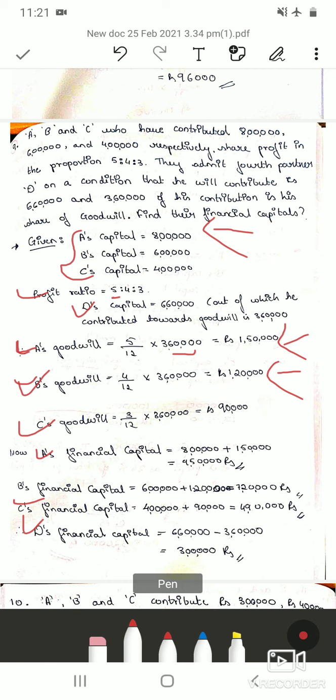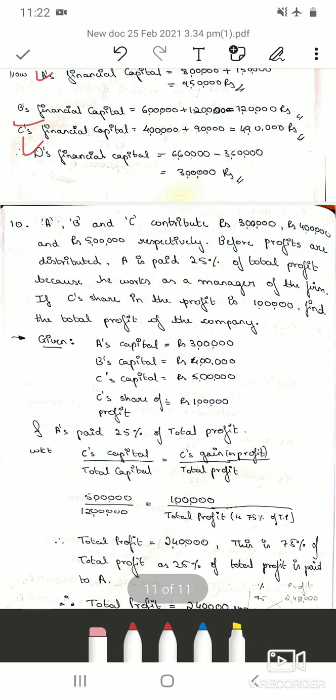So when the goodwill amount is given and the profit ratio is given, we can find out the individual partners' goodwill share, and then A's financial capital will be the capital plus the amount that they get from the goodwill, you have to add. So the 10th problem is: A, B and C contribute rupees 3 lakhs, 4 lakhs and 5